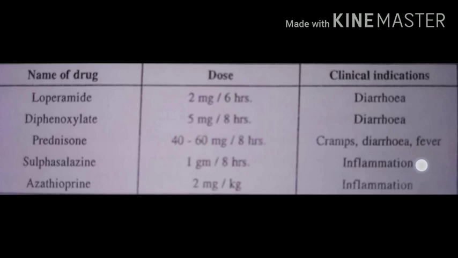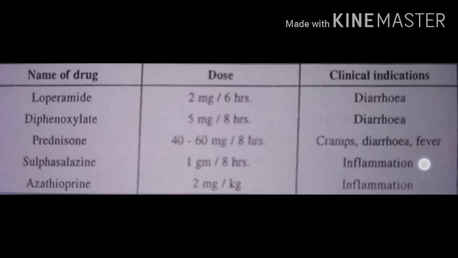Surgery is required in approximately 10% of patients, not for all, and is suggested based on the condition of the patient. This surgery involves a complete or partial removal of the large intestine and rectum, or dissection of the rectum. There are several types of surgeries that can be carried out to get complete relief. So this is about ulcerative colitis.